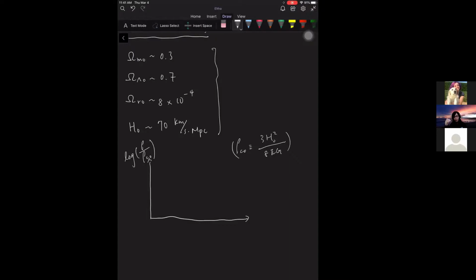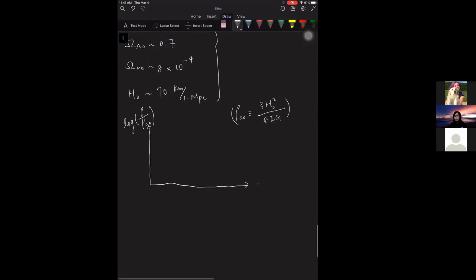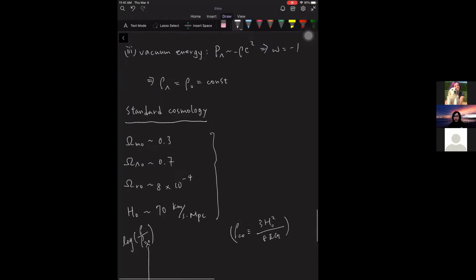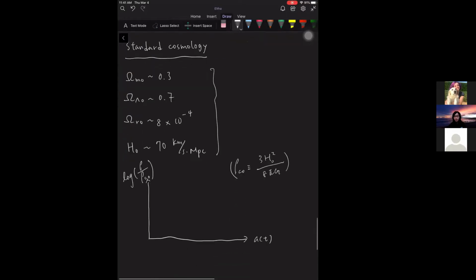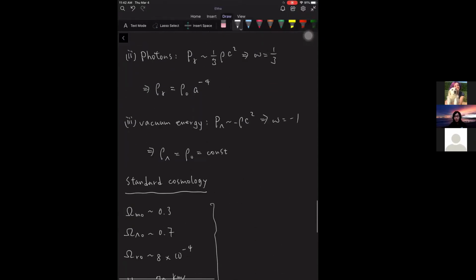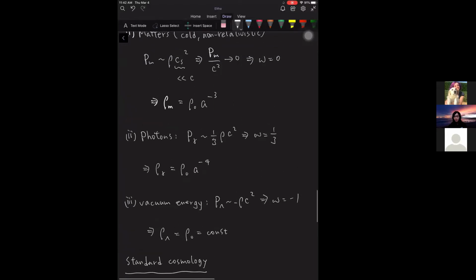So yeah, we have the critical energy just because we're using omega here, and omega is defined as the density divided by the critical density. I believe you have seen this plot in the lecture already. Since we have the vacuum energy equal to a constant, this is for the vacuum energy, and then the photons is